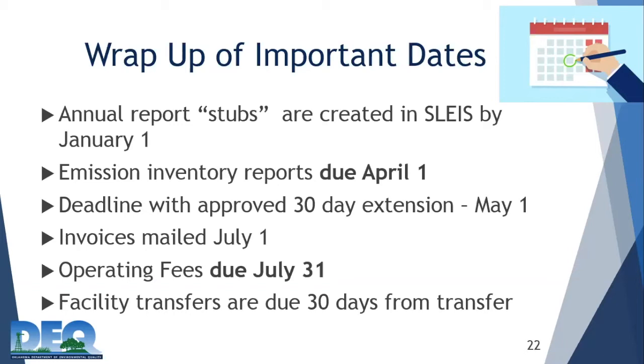And if you need an extension, you can either send in a letter or you can email the aei@deq.ok.gov and state what company you're with and why you need the extension. And that will get routed up to the Air Quality Division Director for approval or not approval. And we're pretty quick at getting those turned around. So we'll notify you in 1 or 2 business days after receipt of that with an answer.